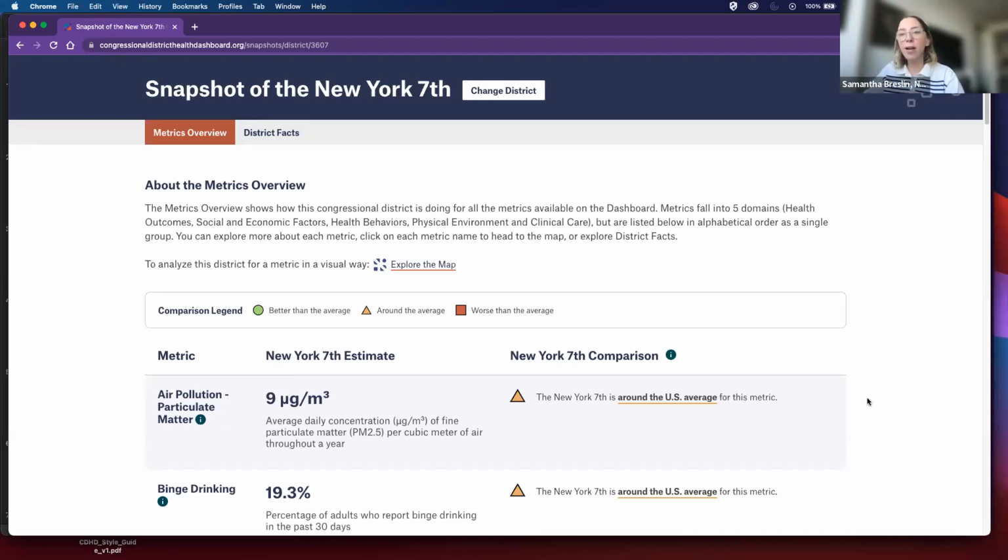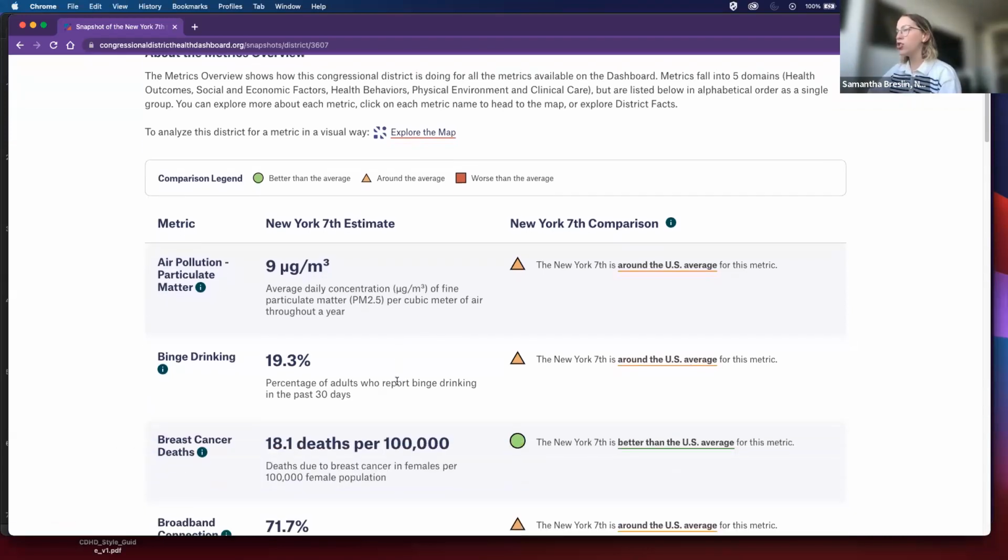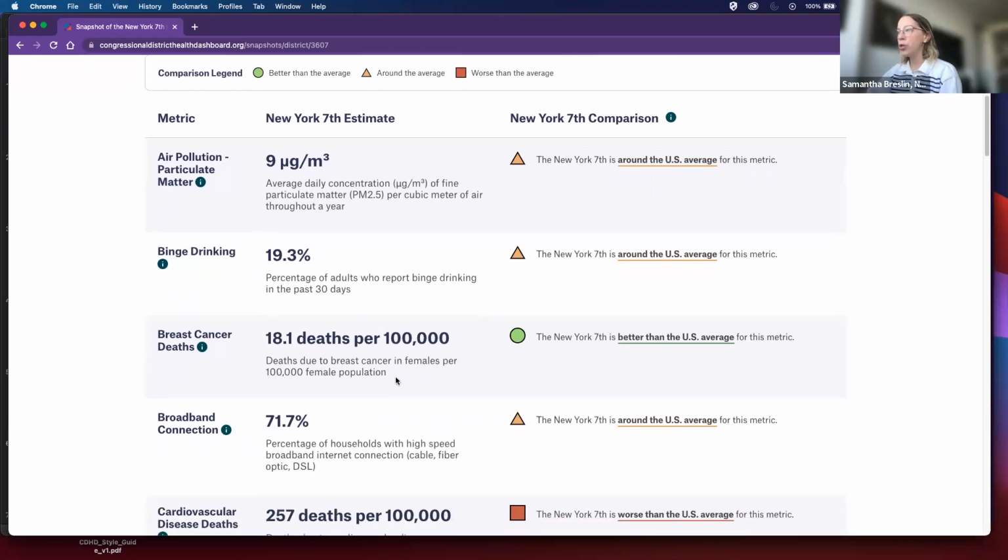All of our measures that I showed you in the metrics selector slide in the PowerPoint are listed here, but instead they're listed in alphabetical order. And you can see at a glance what the district estimate is for that metric, but also a comparison to the US average.